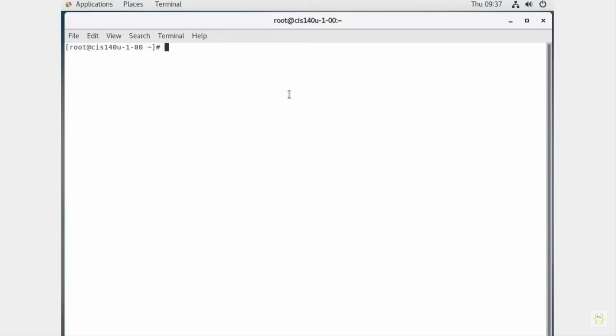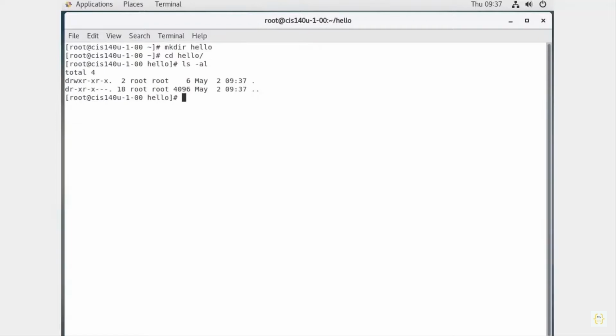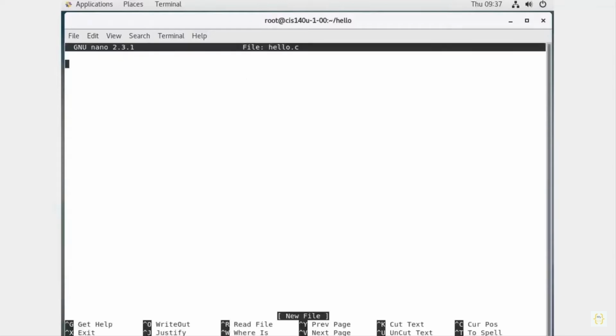So let's make a file. I'm going to make a directory first. mkdir, and I'm going to make this the hello directory. I go into hello, and now I'm going to create a file. So I do nano hello.c. Your C files end with the .c extension, and in it you have to tell it you are using